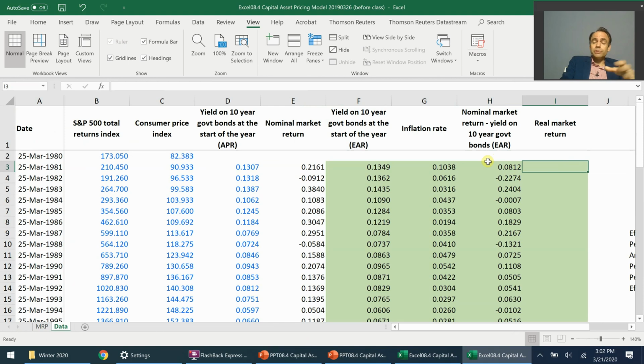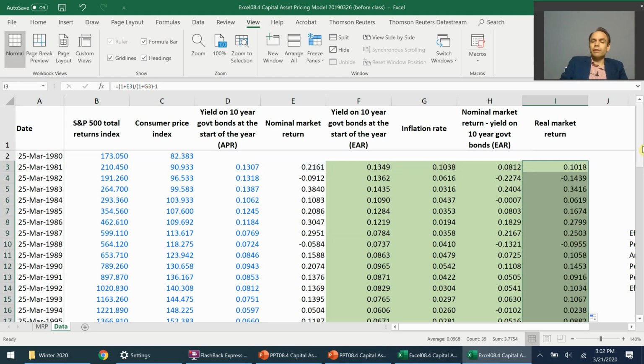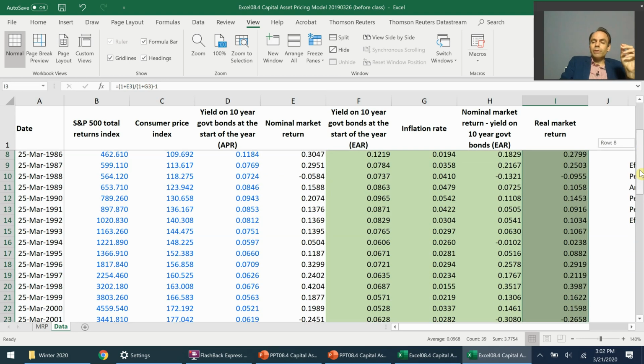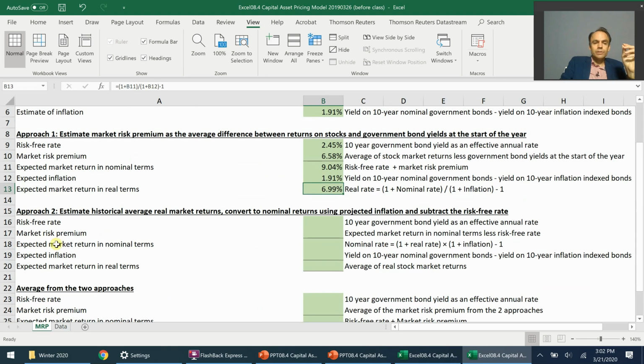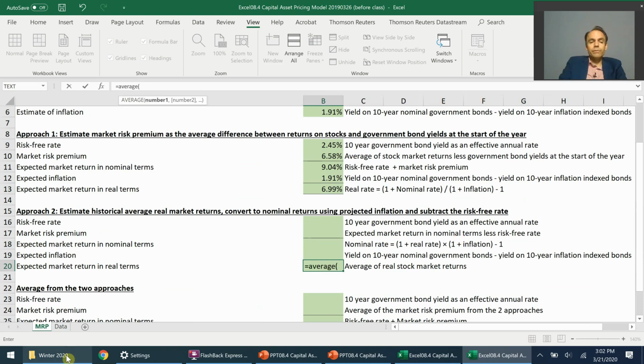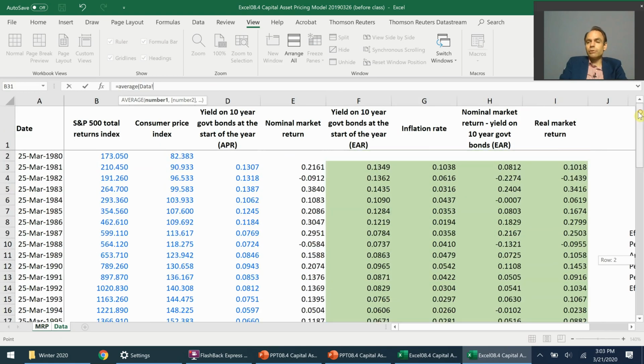To do that, I'm going to use the same equation we presented just a minute ago, which is going to be the real market return each year is 1 plus the nominal market return from cell E3 divided by 1 plus the inflation rate in that year, minus 1. And that real market return is going to be in column I. So I could take an average of that real market return and I can put that into cell B20 of my results tab. So if I take an average of the real market return across all of those years,